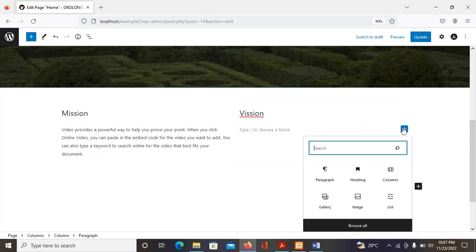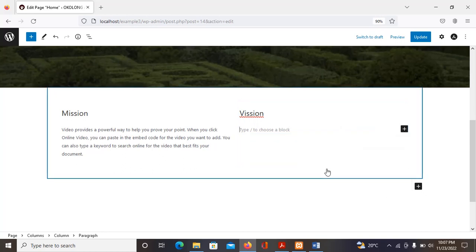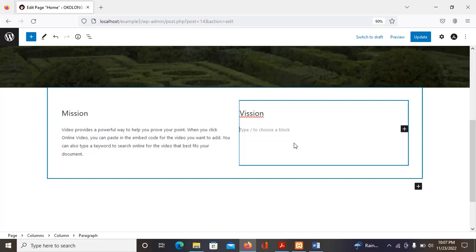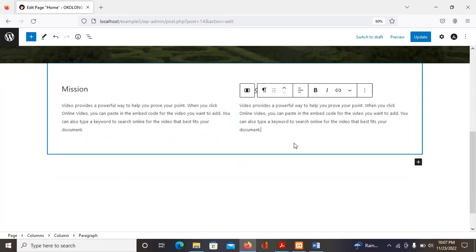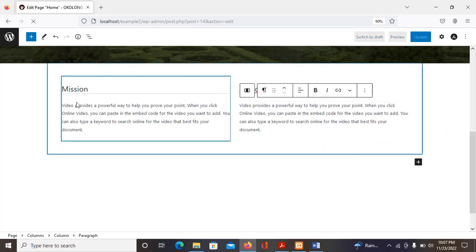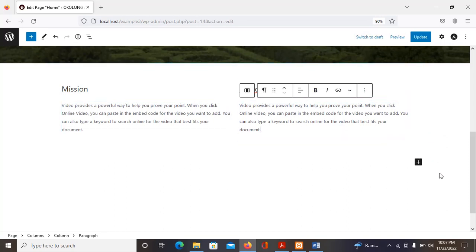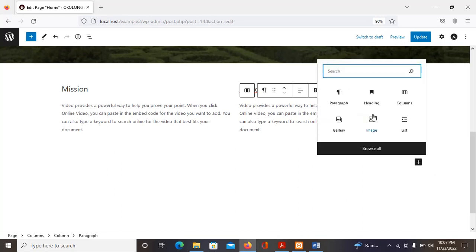And what am I adding here? I'm adding a paragraph. Now this vision too, you add them there, and there now you have dealt with that block. Then in case you have other things to put, you can now come down and add maybe a paragraph,